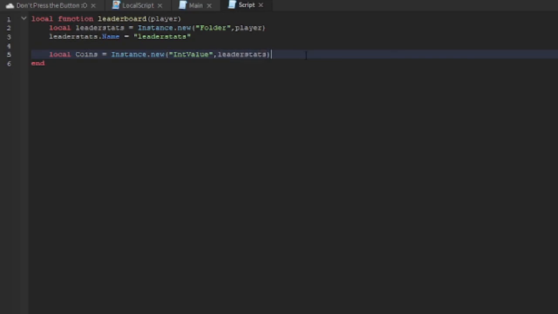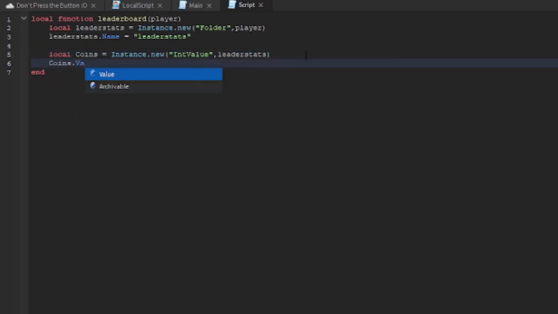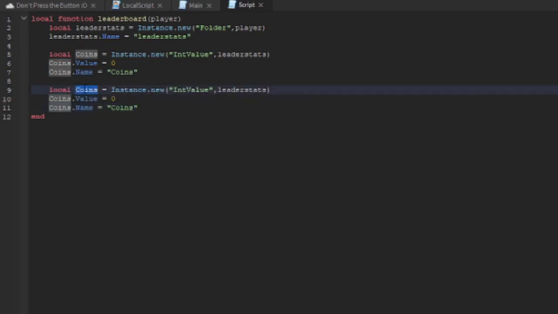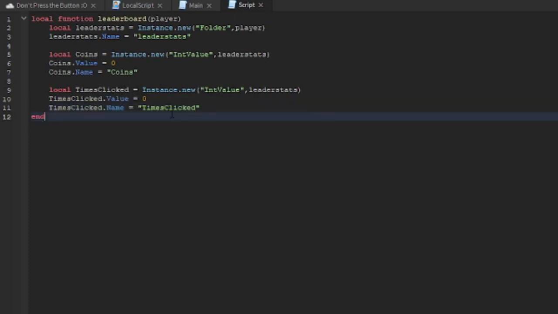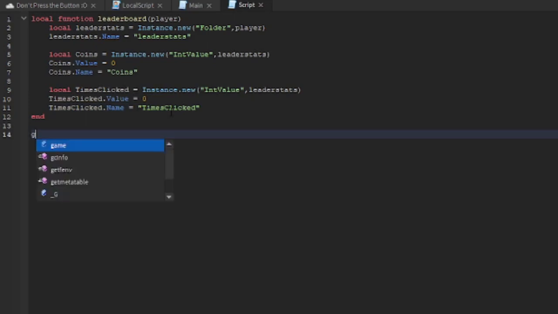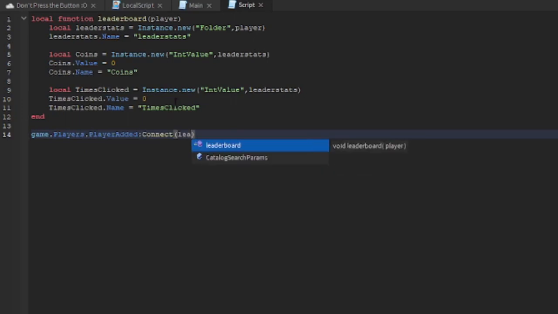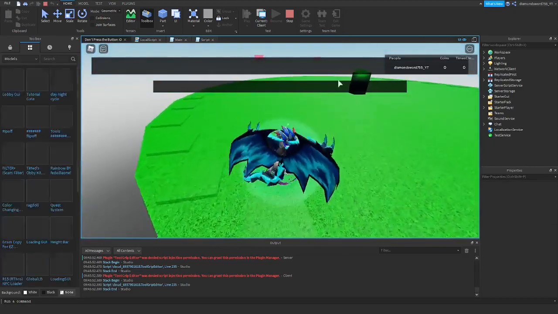Like that. And then we can see do coins.Value equal to 0, and coins.Name will be equal to coins. And then you can just go ahead and copy this, and we'll set this to TimesClicked for times you've clicked the button, and then you can copy that and paste it there, and here. So everywhere it says coins, you'll just paste it right there. Alright, and then down here what we can do is game.Players.PlayerAdded:Connect, and we'll do leaderboard. So now if we play it here, you can see that at the top of the screen we have